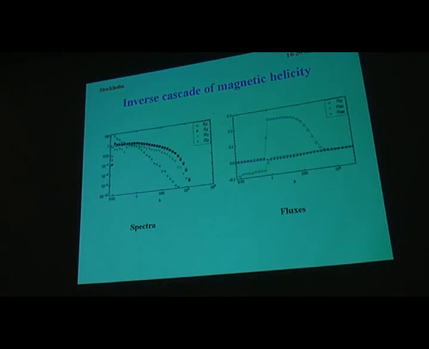And this is just an example to show how the magnetic helicity cascade can also be described in the frame of this shell model. This is an example when the magnetic helicity is input near k equal to 1, and these are the fluxes: the energy flux in the inertial range with direct flux of energy, and the well-pronounced inverse flux of magnetic helicity, which goes down to small k.